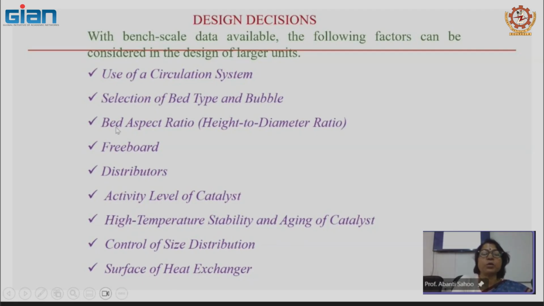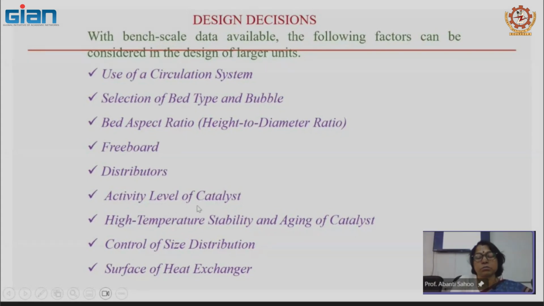Out of this you can see bed aspect ratio, freeboard region, distributor, selection of the bed type, and use of a circulation system will be the mechanical type, meaning in fabrication it depends on us what type we should select, depending on the particle size and type of the reactions. But sometimes during the operations this may occur: the activity level of the catalyst is not of the required